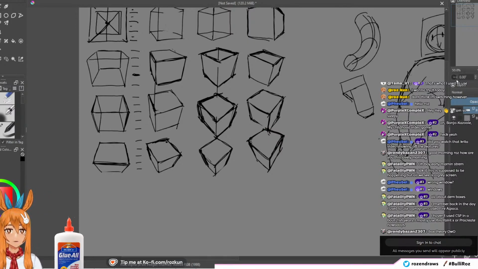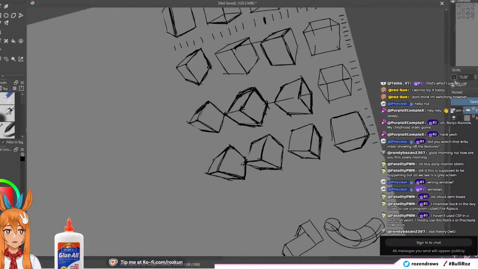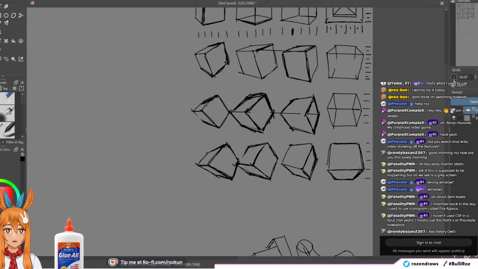Alright, let's check the work. Do they look like they're rotating? 2, 3. This one, that. Yeah, a little bit. It needs improvement, but